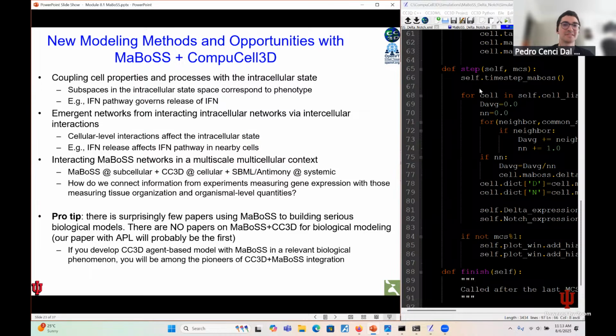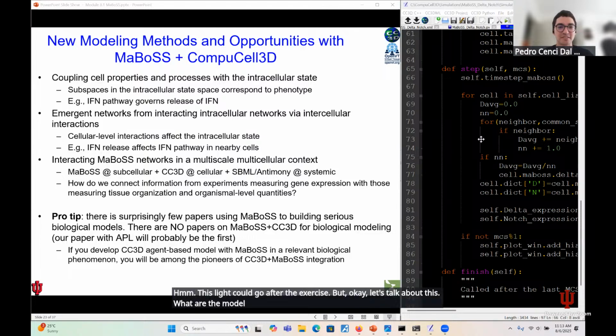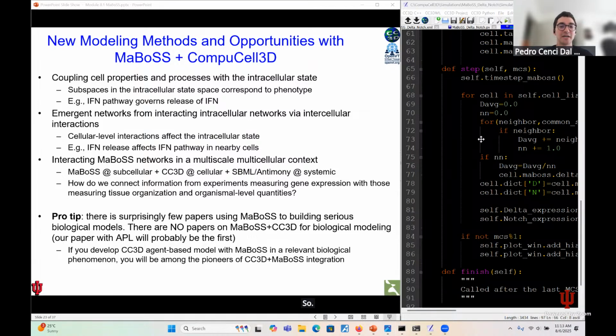This slide could go after the exercise, but okay, let's talk about this. What are the modeling opportunities with MaBoSS and CompuCell3D? So, pathways that involve cytokines, also pathways that involve tumorigenesis, which is one of the examples I gave. And also a pro tip,